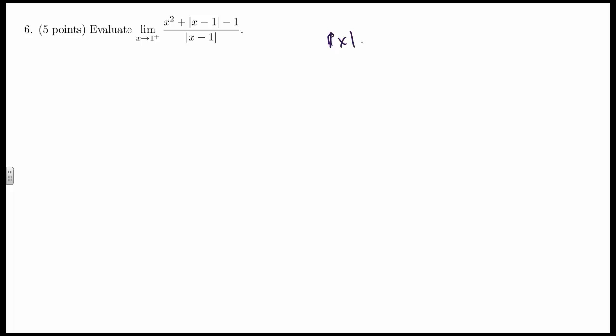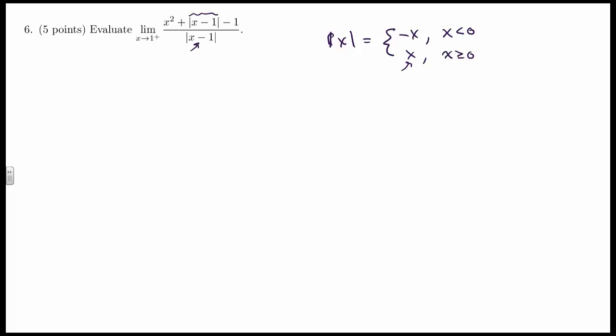absolute value function is really thought of as a piecewise function, where it's equal to the opposite when the value inside the absolute value is less than 0, but is equal to just the thing itself when it's greater than or equal to 0. So in this case, when we're approaching 1 from the positive side, that means that the values that are in these absolute values are considered the positive values. Because if we're just a little bit bigger than 1, the inside of these are just a little bit bigger